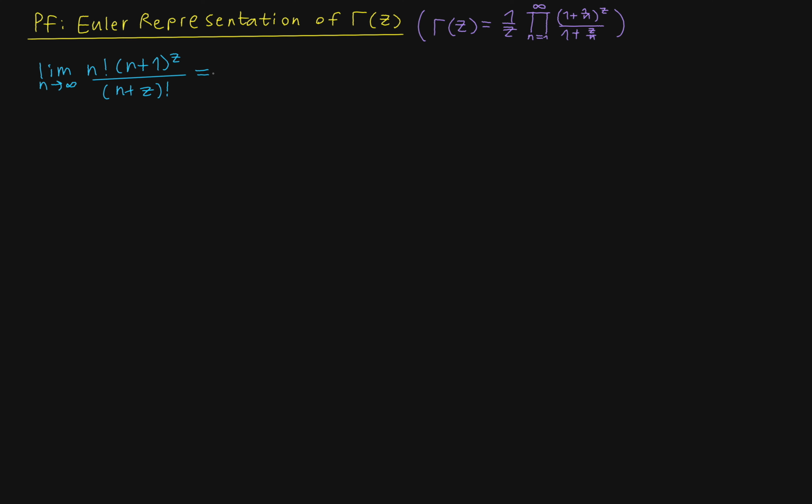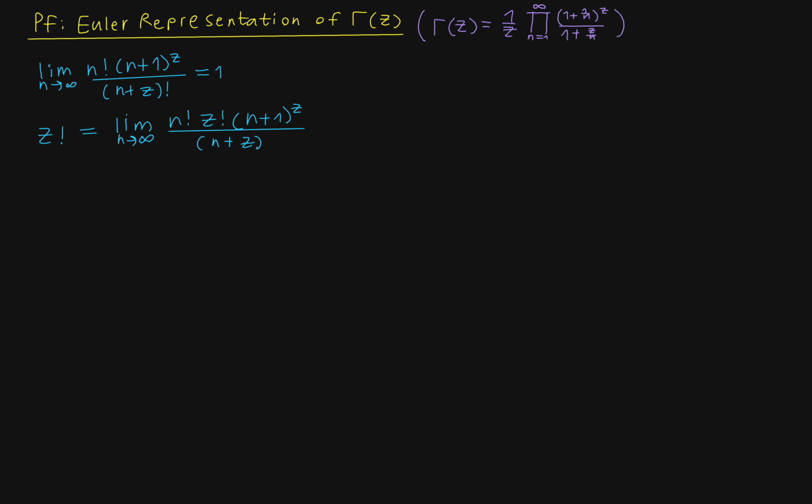Now this can be shown using Stirling's approximation to be equal to 1, and that's also if z was a real number, but we're going to consider the unique extension for complex numbers, so we're going to say z is a complex number. Now with this, I'm going to multiply both sides by z factorial. So z factorial is equal to the limit as n approaches infinity of n factorial times z factorial times (n plus 1) to the z divided by